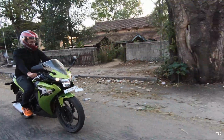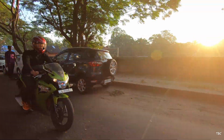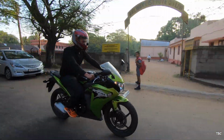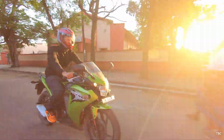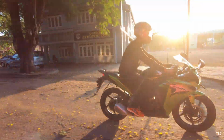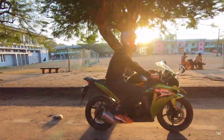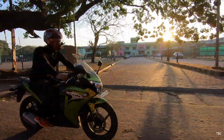The gearbox coupled to the engine was a 6-speed gearbox, and the gear shifting is still really smooth. There is no gear slipping, and Honda surely did a good job at that time. Whether you use this bike for short commutes or long tours, the CBR 150R was an ideal bike. In traffic, you might experience some difficulty because of the sporty design of the bike, but still, it's not something